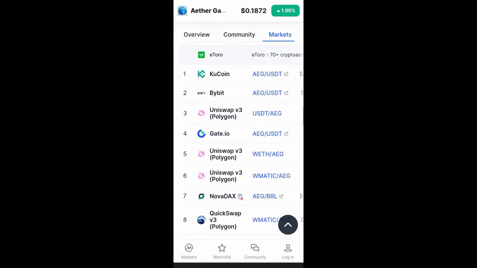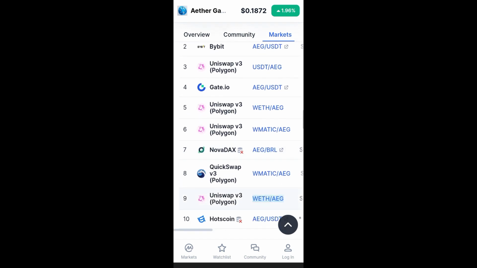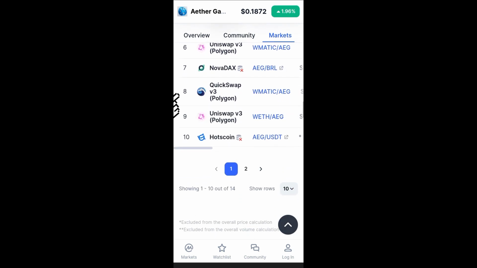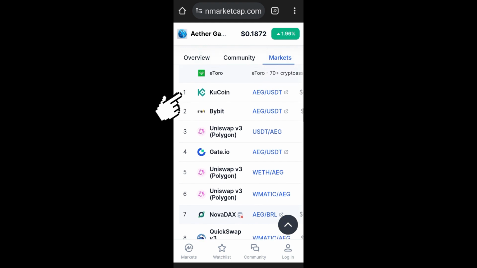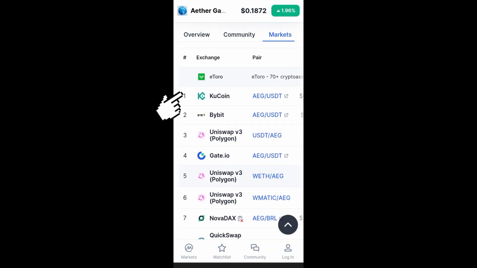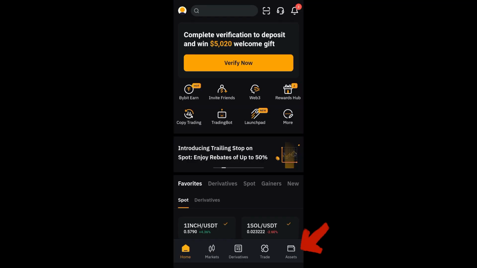So tap markets if you want to go directly. Okay, go to markets and then you have to scroll down here. This time, what we're looking for is Uniswap. So you have to click this Uniswap, okay, USDT slash AEG. So you have to click this one and then after that, you can now exit, and this time you have